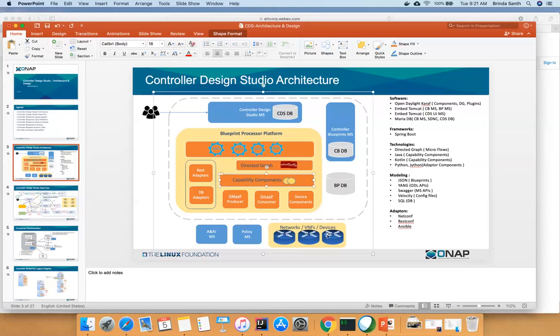Second, here we see three databases, right? We see the CDS database, the CB database, the BP database. Could you shed some light about which is which? Because in the implementation, there's two main microservices, right? There's the processing and there's the design, the execution and the design side. But here I see three databases. So could you shed some light on which is which, and what are the purposes of